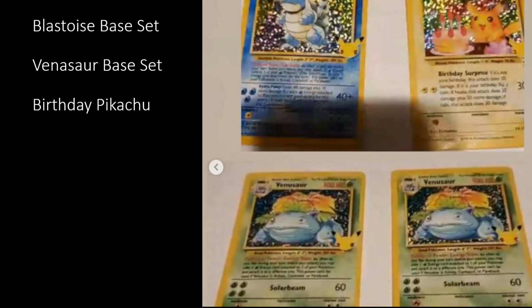Next up, again, I do apologise for the images. This is all I could find for some of the cards. So as you can see, we've got the Blastoise from the base set with a slightly different holo pattern. We've got the Venusaur from the base set with the same sort of holo pattern at the back. And then we've got the Birthday Pikachu, which is a Black Star promo and one that you got in the